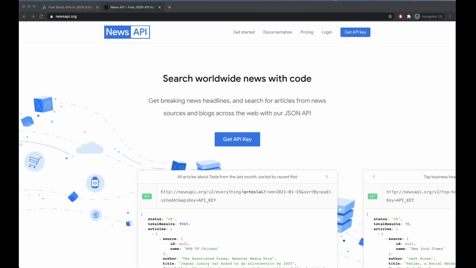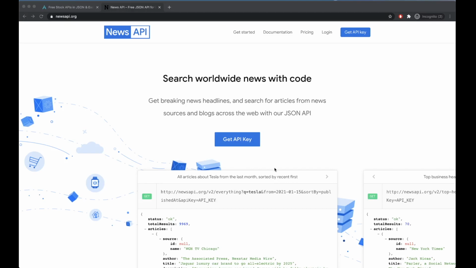Alright, before we start our project, I want to show you the APIs that we're going to be using so you can get yourself the API keys for both. For the news section, we're going to be using newsapi.org. There is an entire video course if you want to see how to develop a news app from scratch; check out the other courses for that. But this is going to be the news API that we're going to be using.